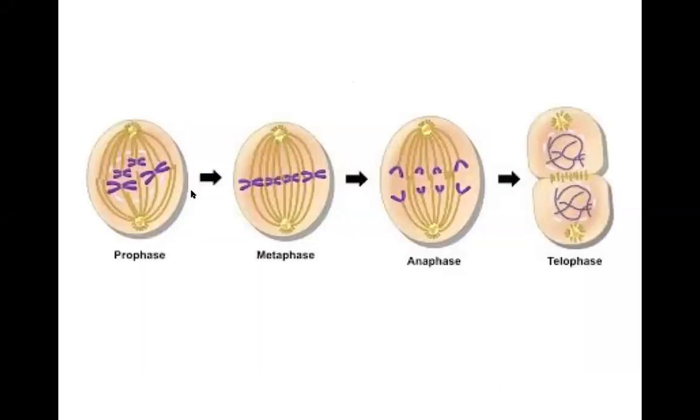So we all know that mitosis has four phases: prophase, metaphase, anaphase and telophase. In the prophase, the chromatin comes to the center and condenses. In metaphase, they align themselves in the center. In anaphase, they move to two distinct poles, and in telophase, we also see the division of the cytoplasm. So these are the usual four phases that we see in mitosis, and these are the four phases that we'll also be seeing on the histology sections. So let's see each one of them.